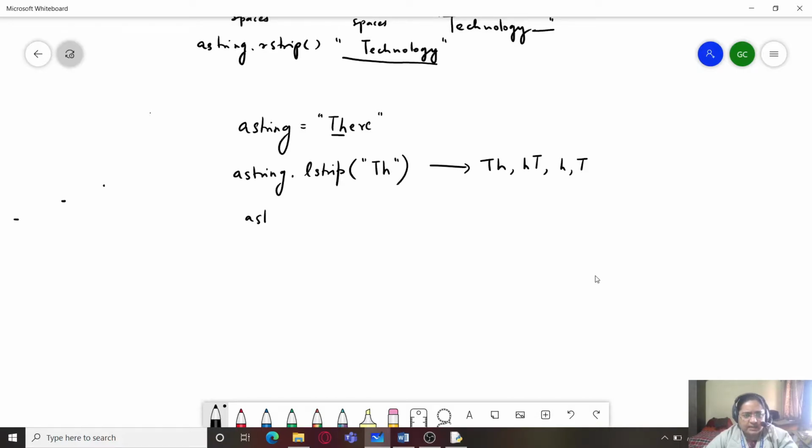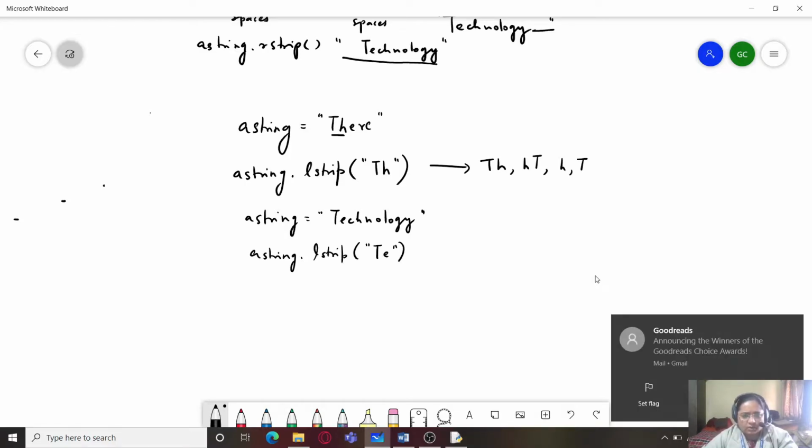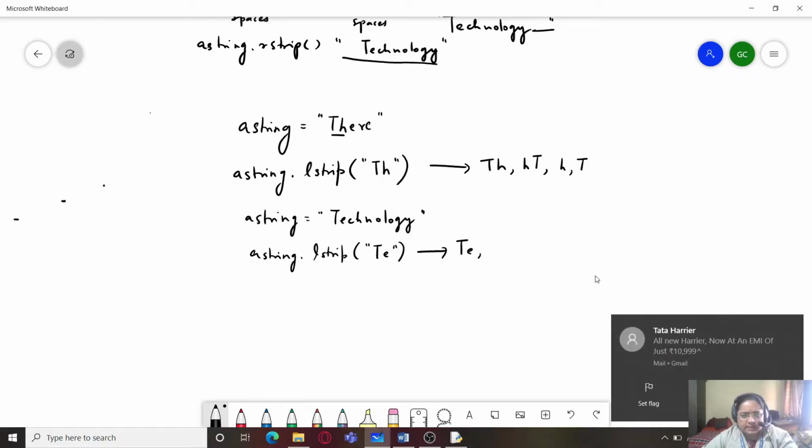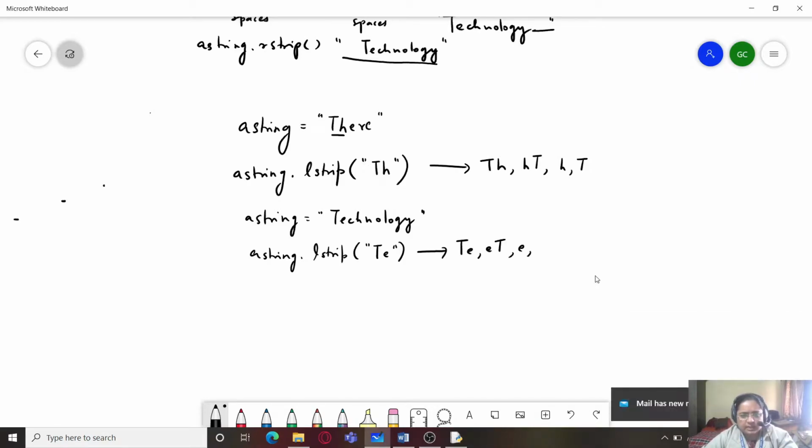Similarly, if we have a string as technology and we write a string dot lstrip te, all the occurrences, all the combinations like te, et, small e, capital T, they all will be stripped from the left side.